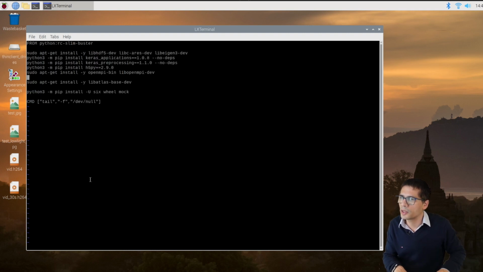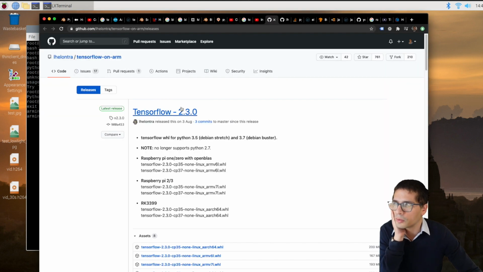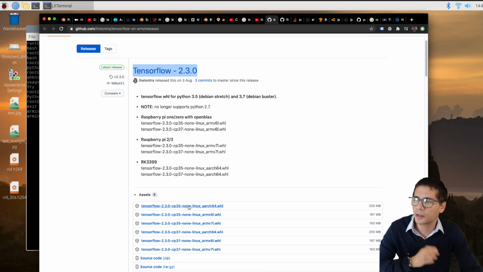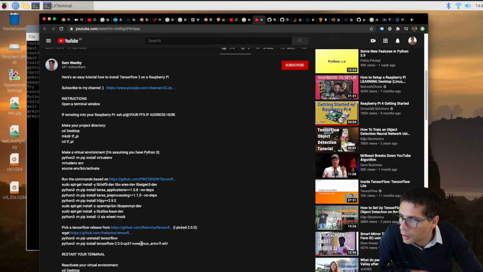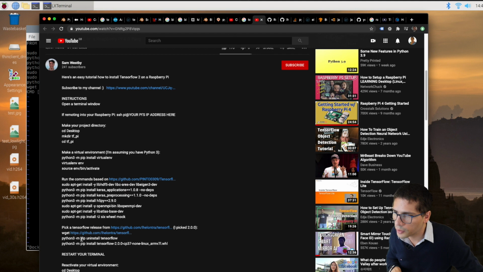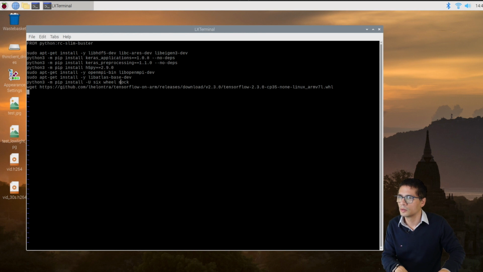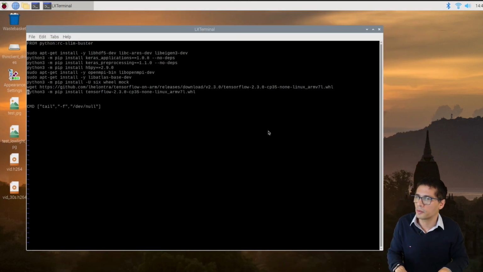So installing a bunch of stuff, which I'm not 100% sure it's actually needed. What I really want is TensorFlow. Well, let's go with version 2.3.0. Copy link address. Wait, the assets. So I need to use the right architecture. I think ARM7L is the correct one. Yeah. I don't have TensorFlow as far as I know. I don't need to uninstall what I don't have. Okay, just need to copy. Let's see if this works.